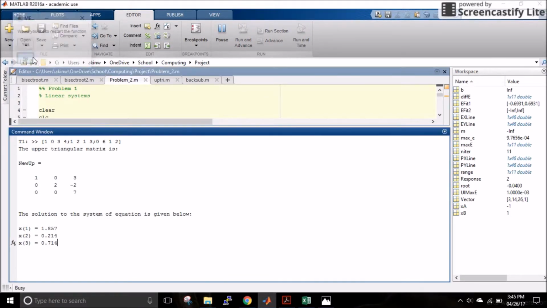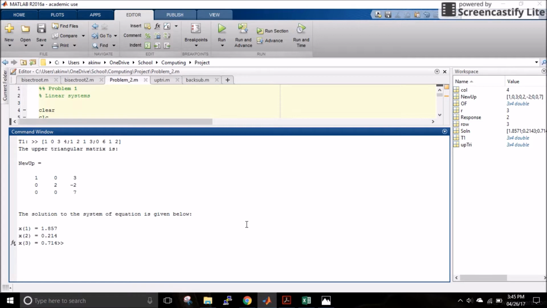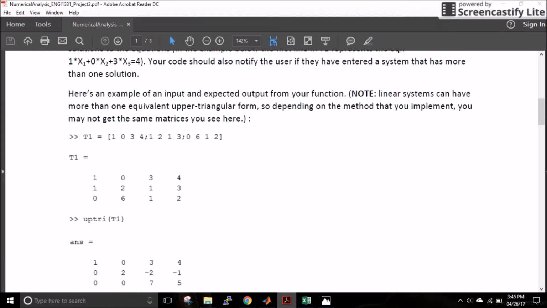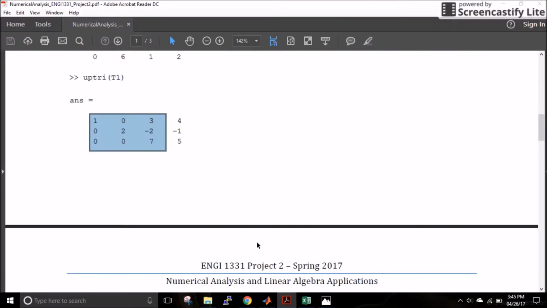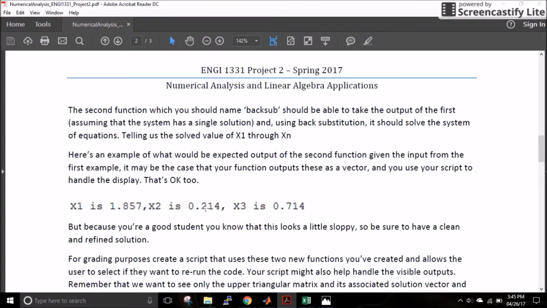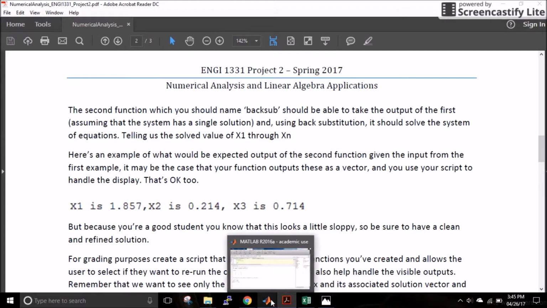Now let's compare the outputs. I'll say no, because there's the option to restart the code, but we don't want to do that. We just want to see that the function works. If you look at our upper triangular form and compare these numbers to these numbers, you can see that they're the same thing. And the solution to the problem, which is this, it's kind of a sloppy output. We made it a bit cleaner, but it's essentially the same thing,